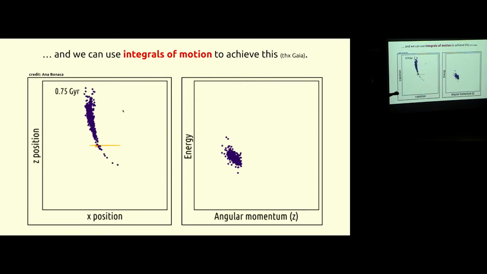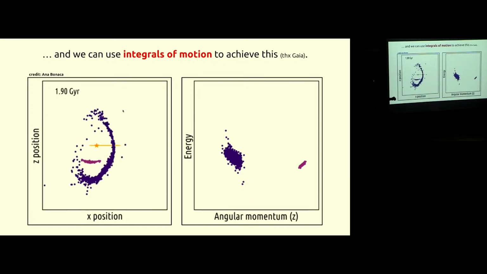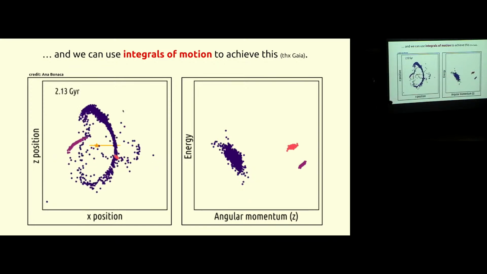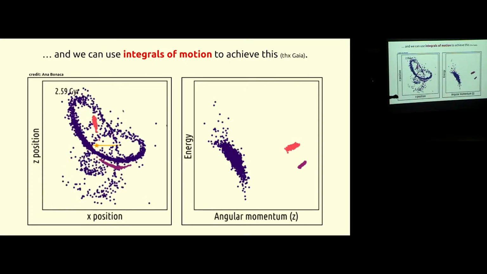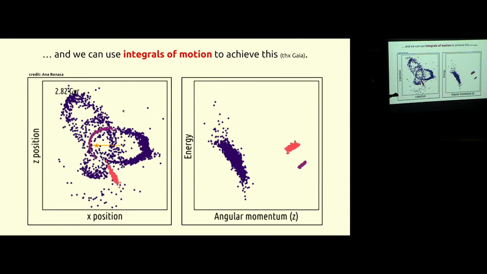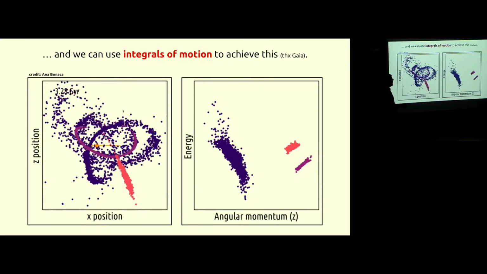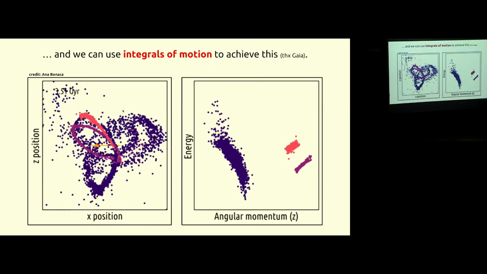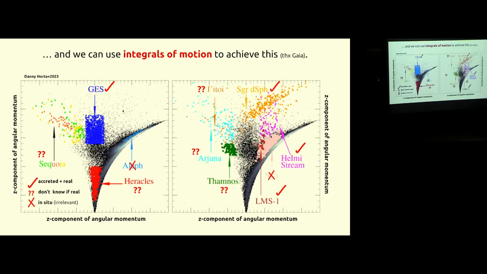So we can use the orbital energy that is conserved and also this z component of angular momentum to group together, or cluster together dynamically, stars that belong to the same progenitor system. So when you really see things that are clustering in this space that we call integrals of motion space, because these things are conserved, we can argue that these things came in with the same accreted dwarf galaxy. Okay, so just like I said in the introduction, we can do this not only with stars, we can do this with globular clusters.